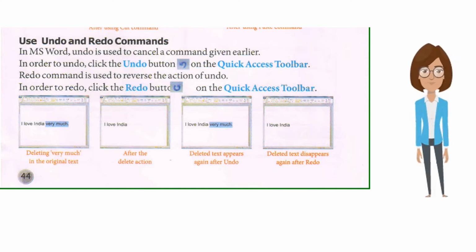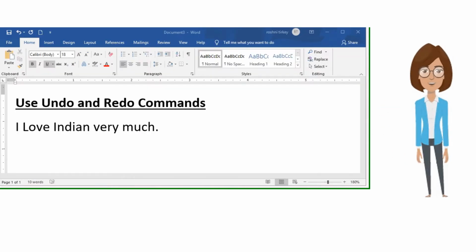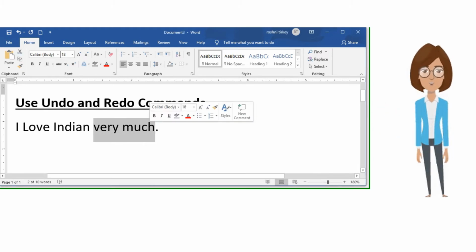Deleting text from the original text. After the delete action, deleted text appears again after undo. Deleted text disappears again after redo. Deleting the text. Step 1. First you select the text. Press delete key.